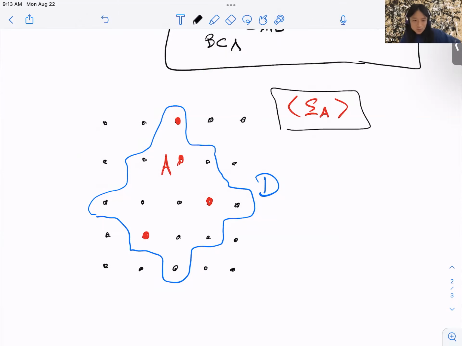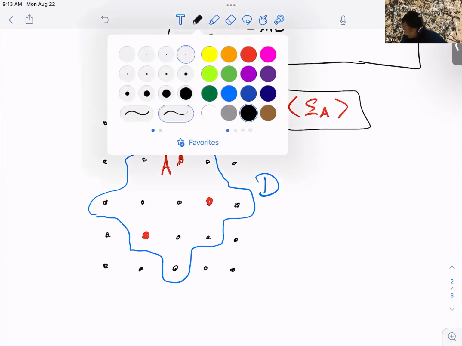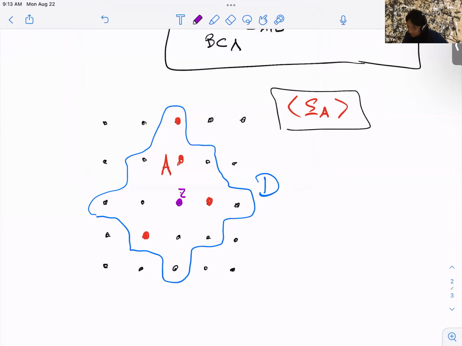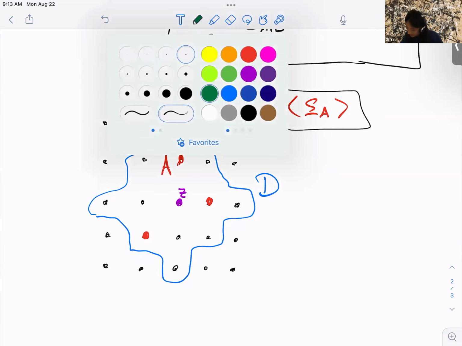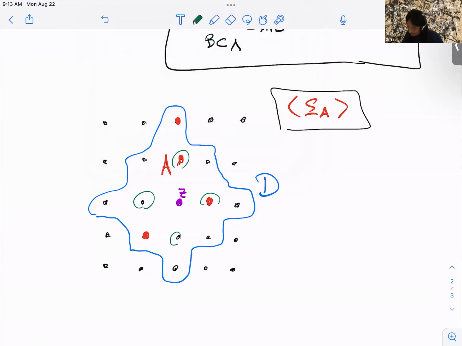It's just that I have to truncate my system of equations, so I'm just going to look at a subset of equations where A only belongs to D, and I'm also going to do this spin flip at the point Z, for example. I'm also going to take the Z to be within the domain D. In fact, Z could be anywhere here or here or here or here, so that if you do the spin flip, it's going to involve the insertion of neighboring spins to the point Z, but we don't want it to spill out of the domain D.